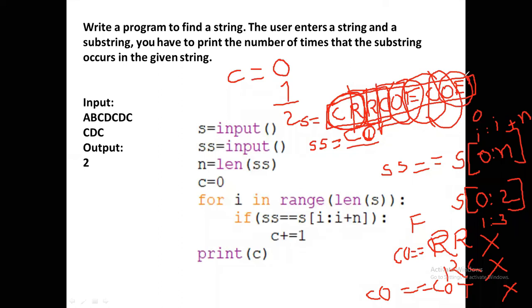CO equals OE? False. So after that, E equals CO? False. Okay. We reached the end of the string. So we print the count value. That's it. I hope everyone understands the problem and how to solve this problem.